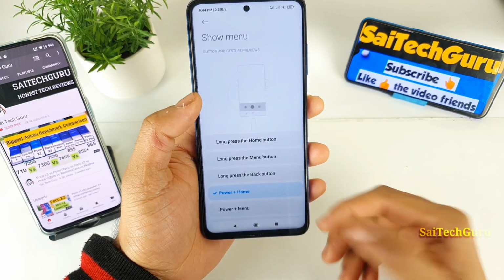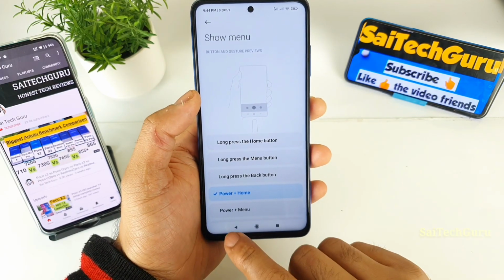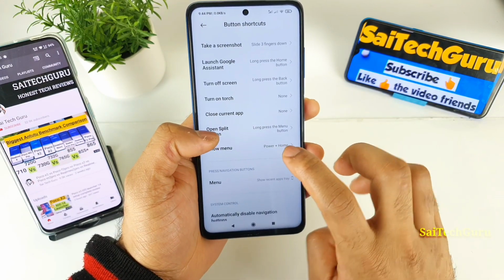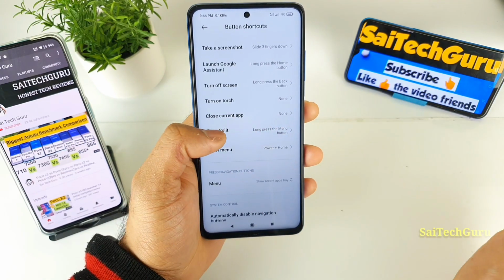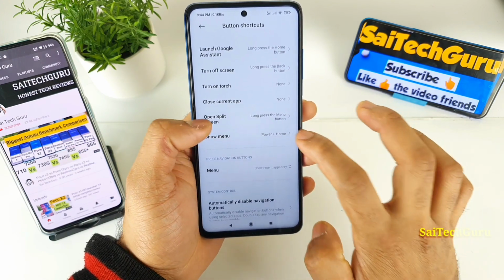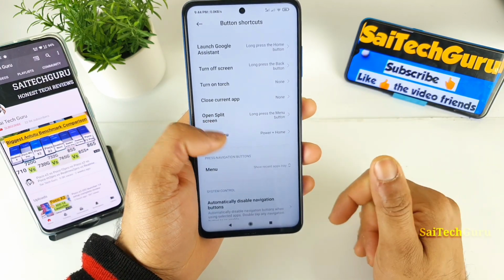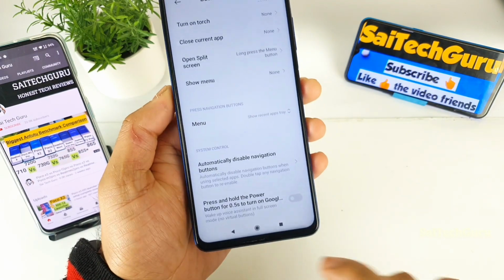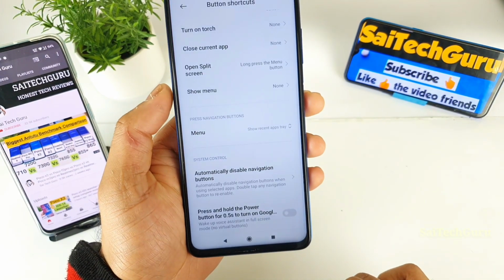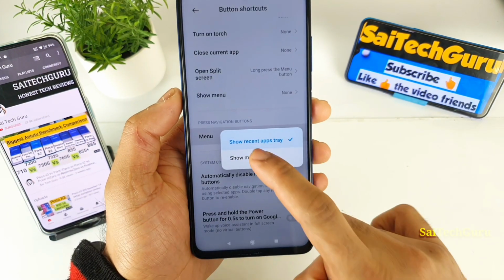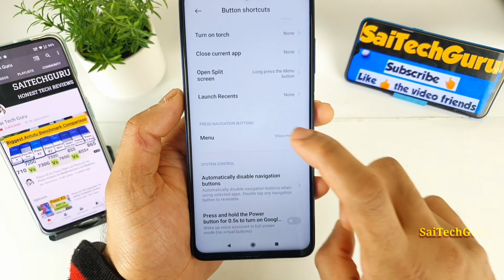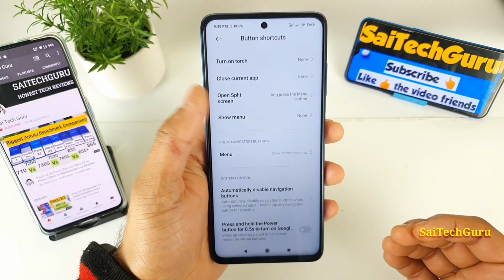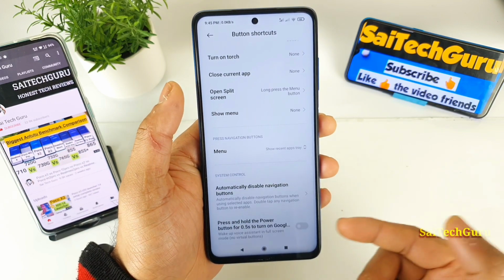So next is the show menu. There is another option available, showing menu options, if you select this kind of option, but mostly I would not use this option at all, so that's why I'm not interested in dealing with this show menu option. So next is pressing the menu button. For this button, there are two functionalities. One is using this recent application. Next is showing the menu as well. As you can see here, friends, showing menu. So mostly I'll prefer to use showing recent apps only. So these are the quick button shortcuts which are available in the Poco X3.